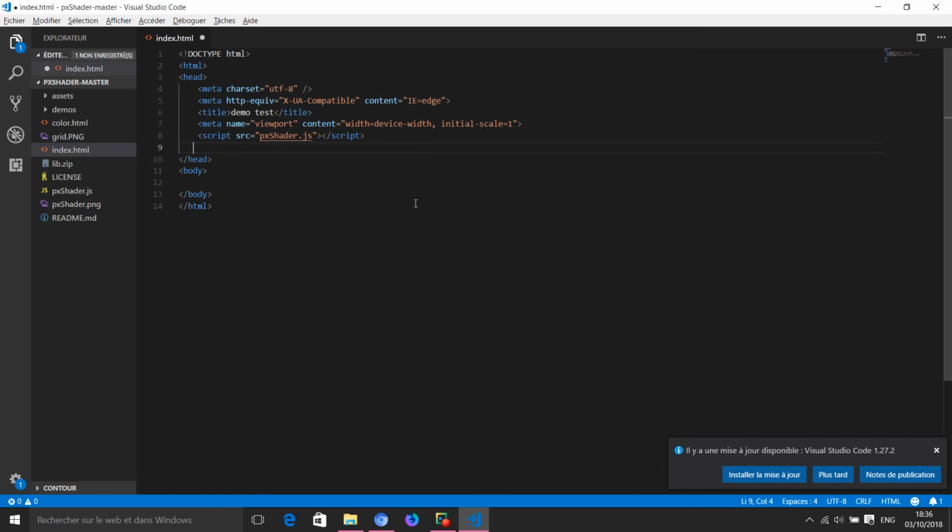So when you are testing these demos, you have to make sure that it's actually at the end of the body tag. If it's in the head tag, it will not be executed properly, since what you are drawing is actually in the body, so it cannot draw anything if the body is not already loaded.